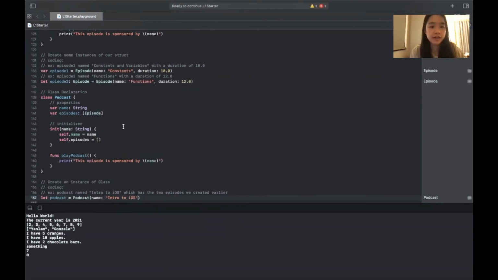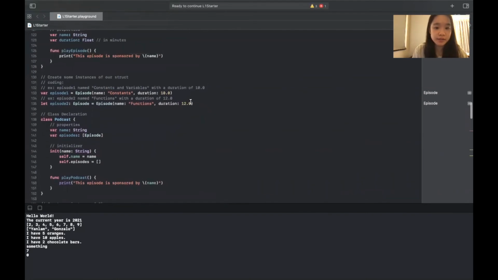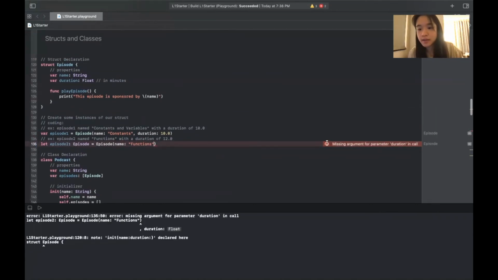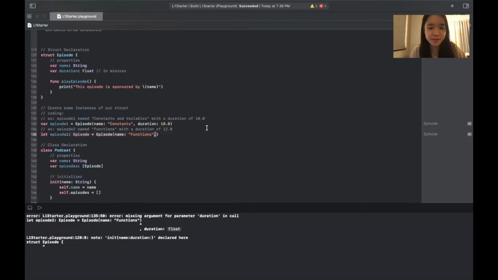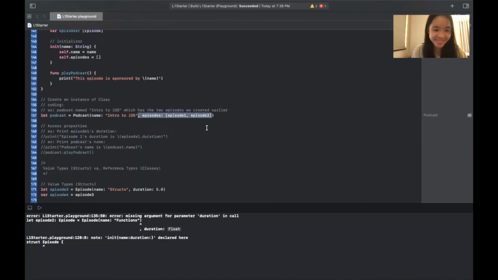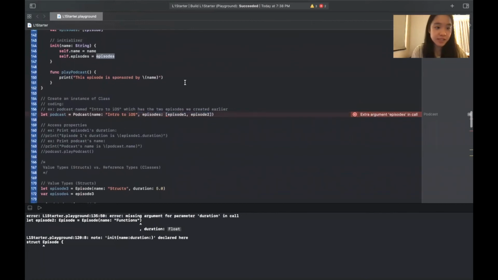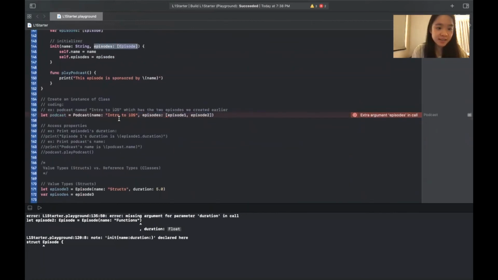And there will be no errors. However, for the struct, if we try to get rid of one of the inputs, then we'll see that we're missing an argument because structs need all of its properties to be overridden. There we go. All right, so accessing properties, we can just use the dot notation,